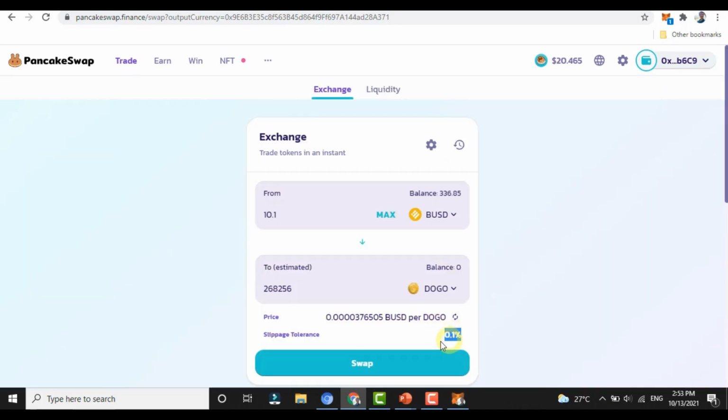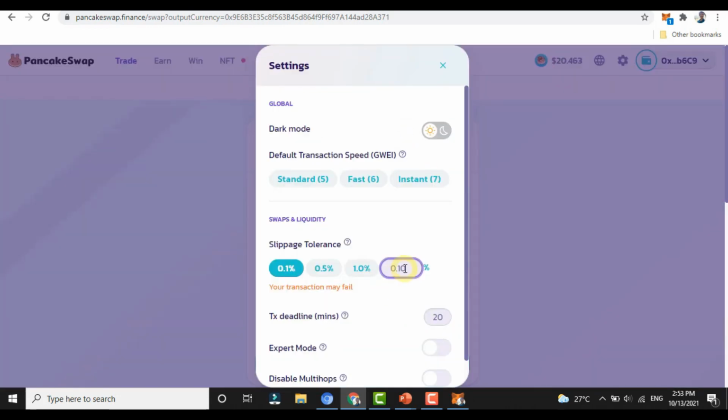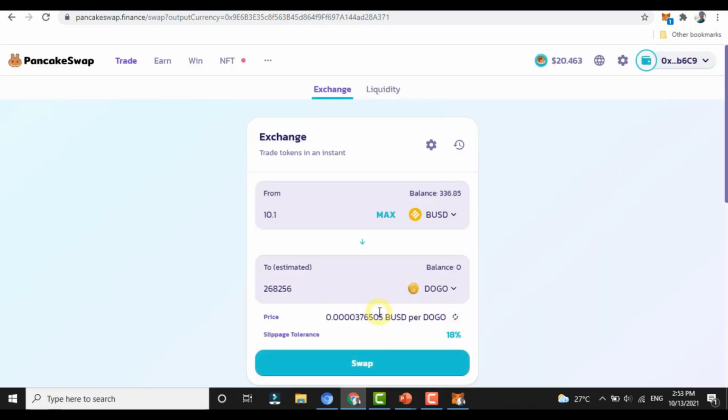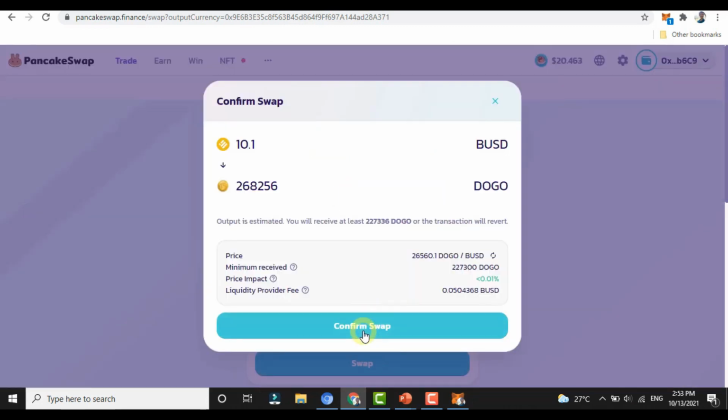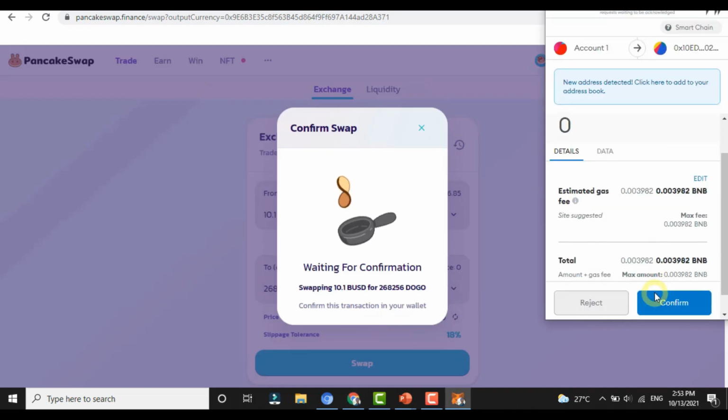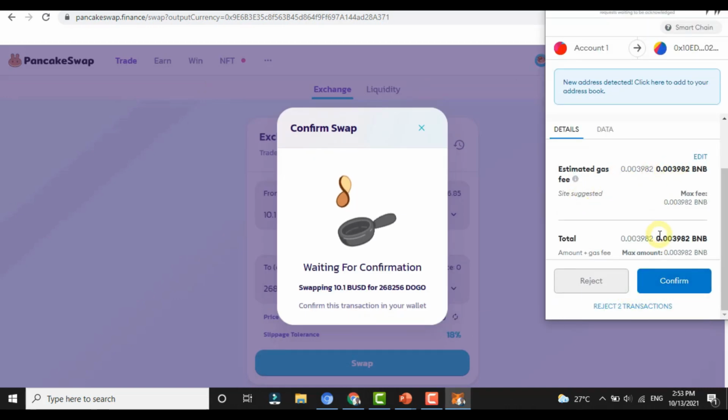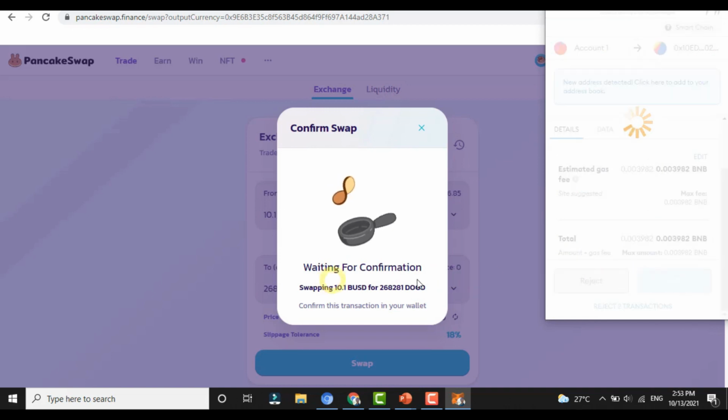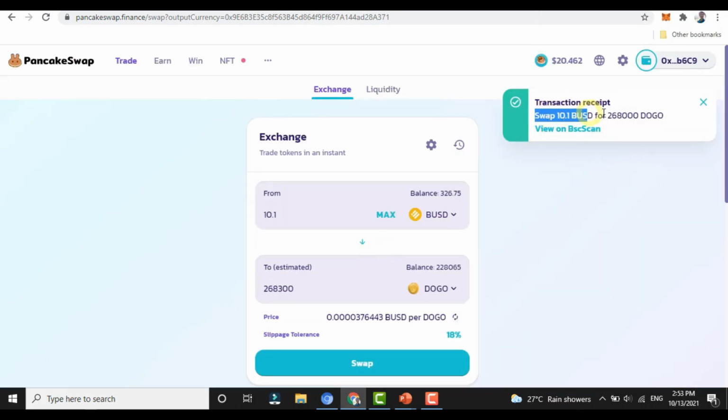So right now the slippage is set as 0.1%. So let me tell you friends, while buying Dogimongo, you need to keep a slippage which is between 15 to 20%. So the slippage that worked for me was 18%. So let me click on the swap, confirm swap, and this is the amount of gas fees that I have to pay. Let me click on the confirm. Let us wait for a few seconds, and you can see $10 worth of Dogo tokens has already been